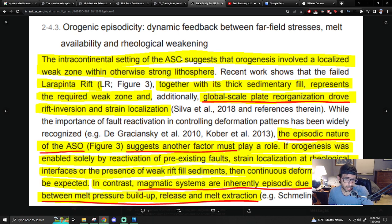Setting of the Alice Springs orogeny suggests, so it's not at the plate boundary, even though plate tectonics is false and the Earth expanded. It's interpreted through the lens of plate tectonics, and plate tectonics says when plates collide at their boundaries, by the Wilson cycle,